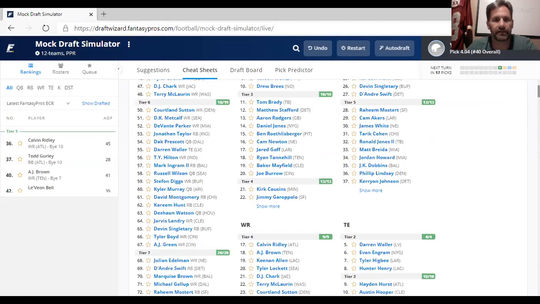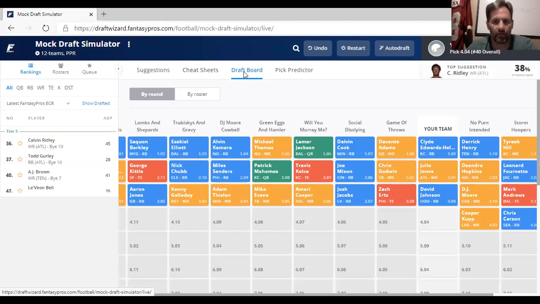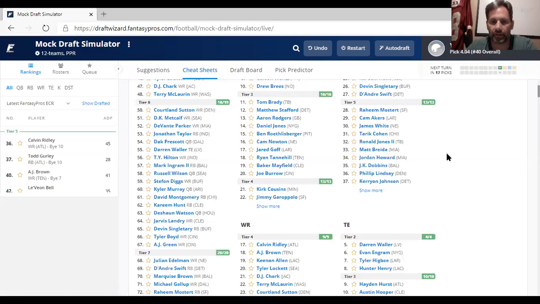Now, we see it here in the 4th round. You see that Calvin Ridley is still available. So if I didn't have Julio Jones already, okay, I could have taken one of the other running backs, and I still could have gotten a good wide receiver. But in a PPR format, Julio Jones is your better bet because he's going to get a lot of volume. He gets a touchdown here and there. It's just icing on the cake for you guys. So let's see who our next wide receiver is.